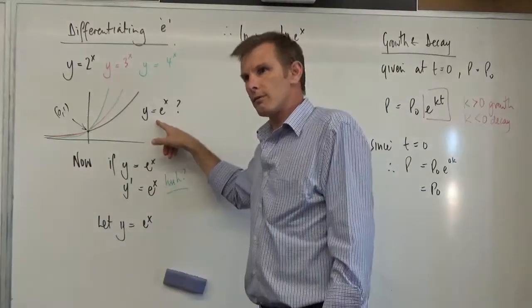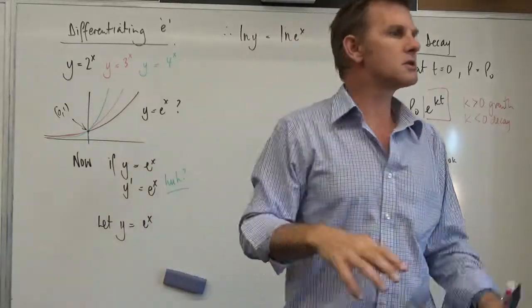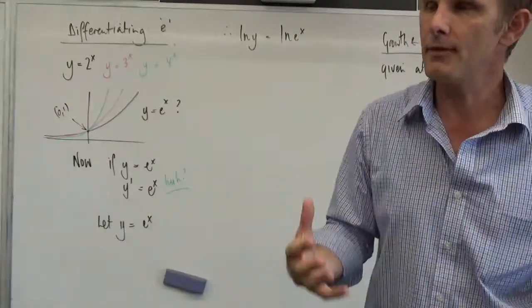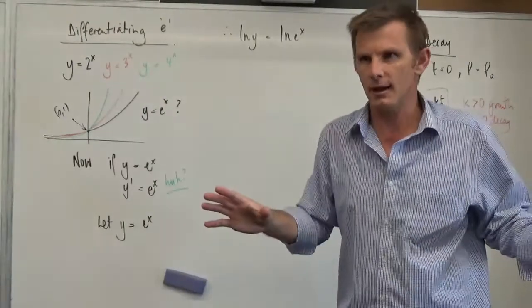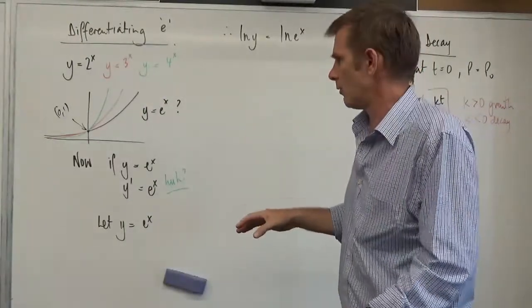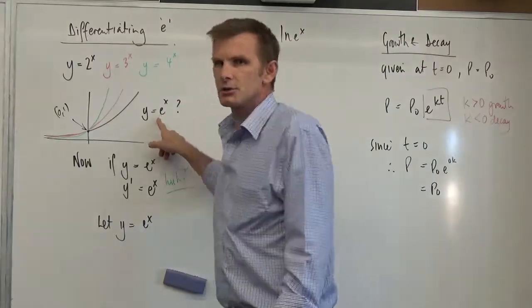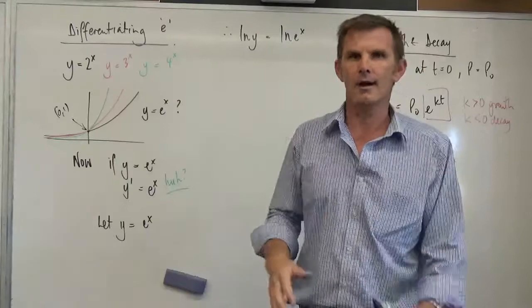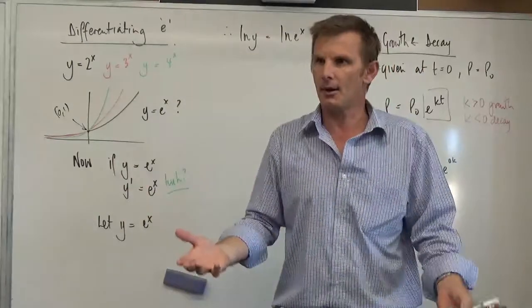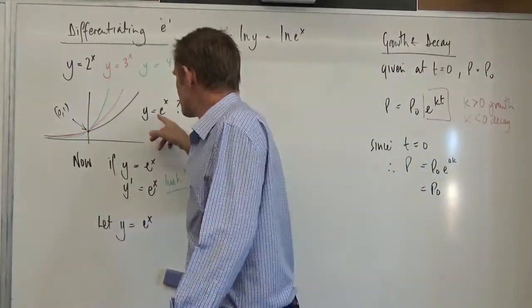But what about this guy? We did a bit of work with him last year, e to the x. E is just a special number. The idea of a special number is there's some things that happen with e to the x that don't happen with the other ones. This number is actually 2.71828, I can't remember after that. It goes on forever. It's a bit like pi. Now the reason that this one is special,